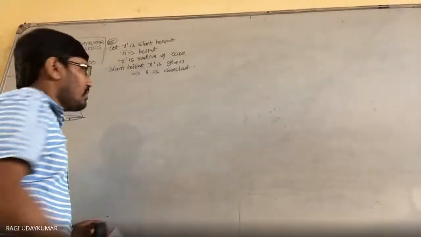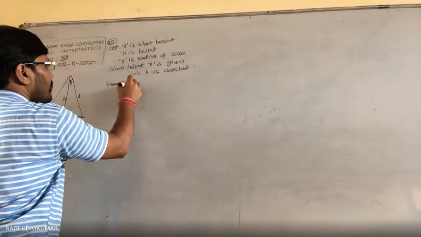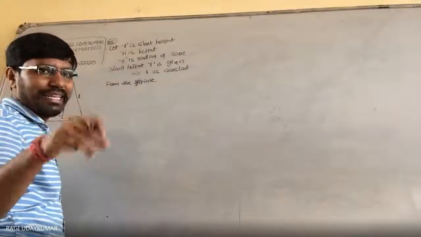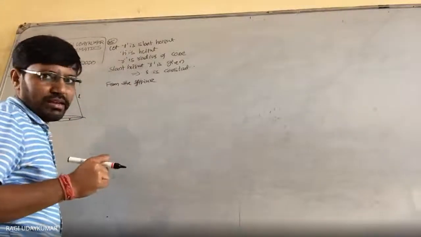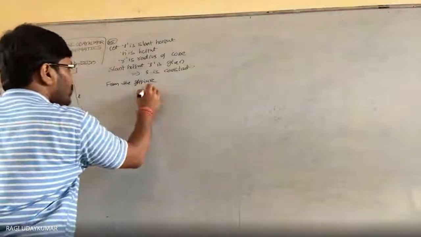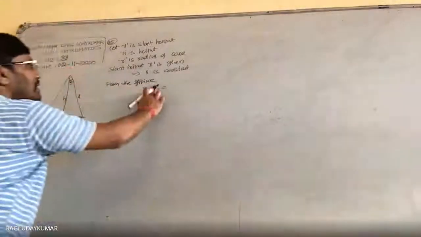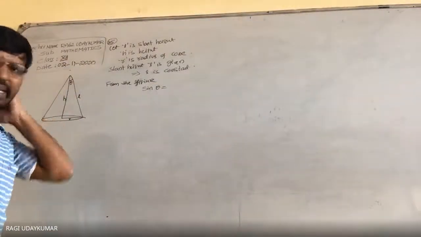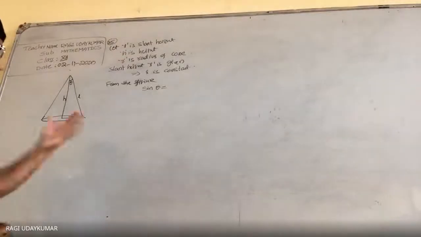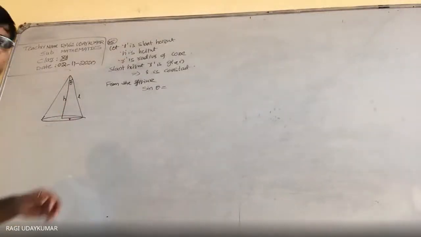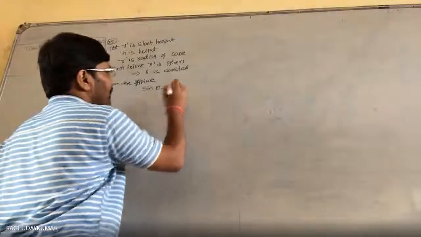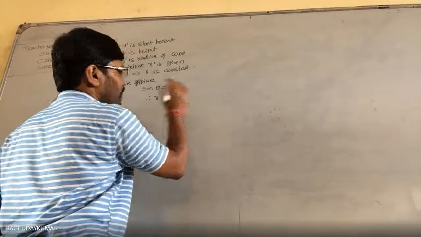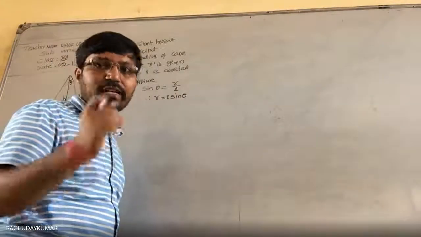Now here from the figure, observe the figure. The question is given to us with tan inverse of root 2. So we need to take sin theta, from this theta consider. Sin theta is equal to R by L, where theta or alpha, whatever the angle may be. So R is equal to L sin theta, because we are expressing R in terms of sin.